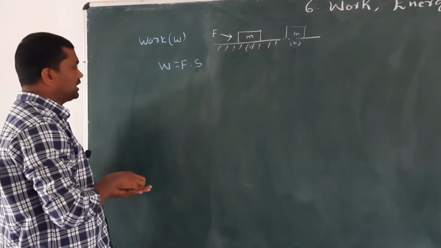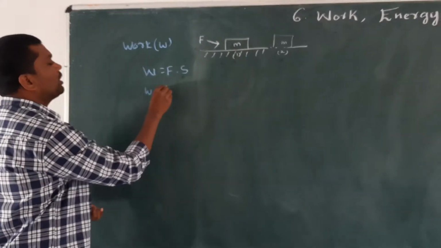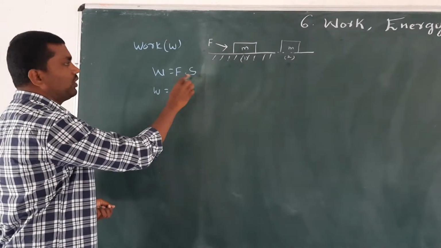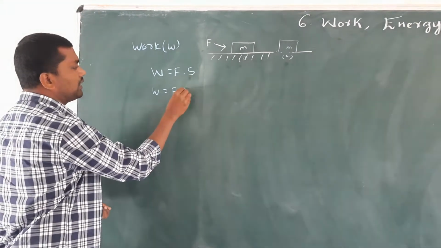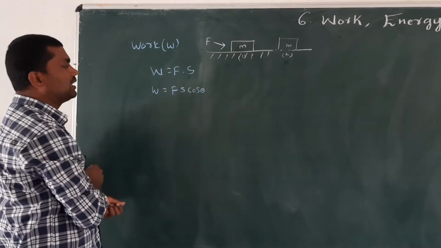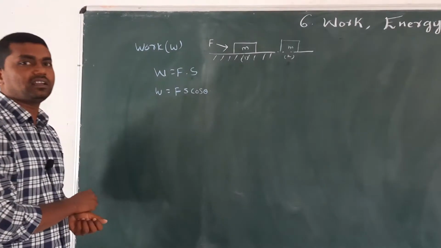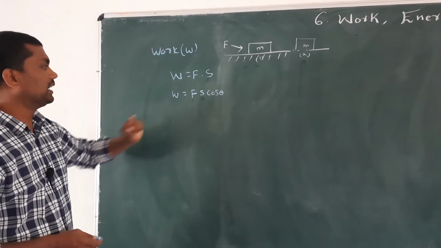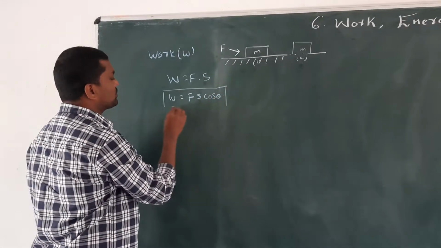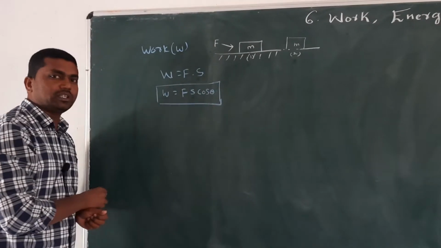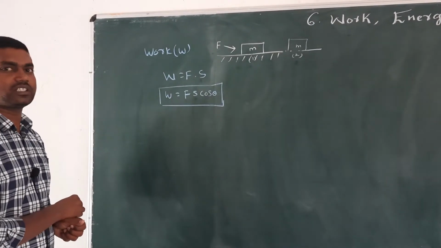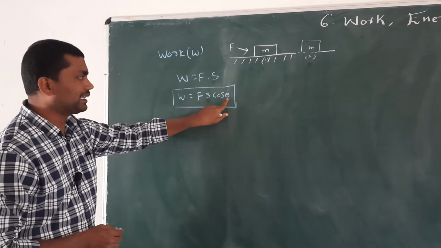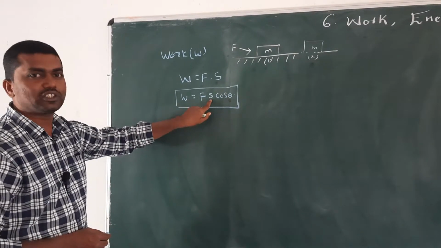The formula is also written as W is equal to F dot S, where the dot means the product of two physical quantities, force and displacement, F S cos theta. Theta is the angle between the applied force and the object's displacement. So the formula is W is equal to F dot S or W is equal to Fs cos theta, where F is the applied force, S is the displacement of the object, and theta is the angle between the force and displacement.